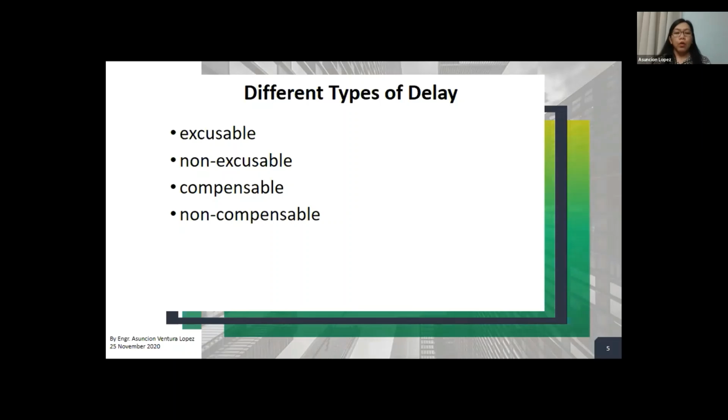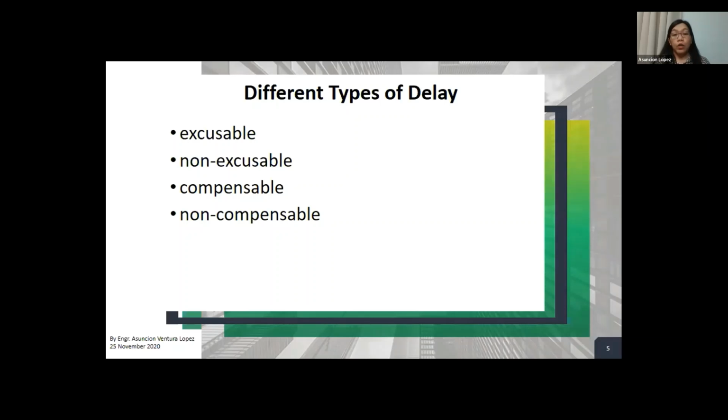Okay, so now you have to remember this. If it is not excusable and non-compensable, there will be no EOT for that. Now, we will be discussing only the delays that are excusable because our topic for today is only about extension of time, so that's only about time related.